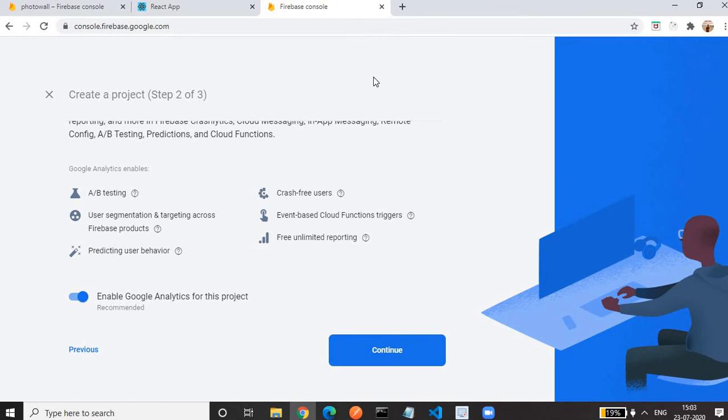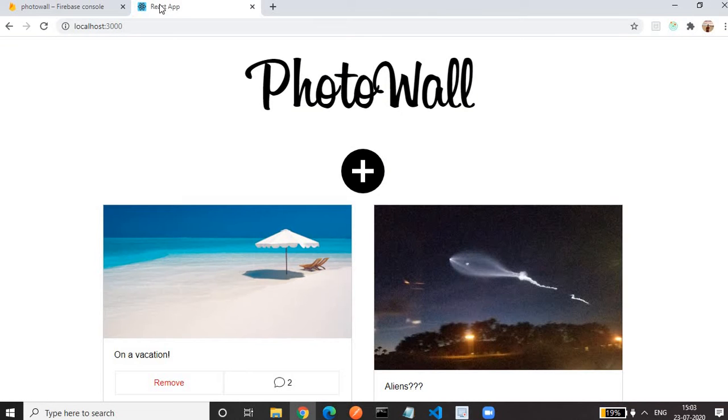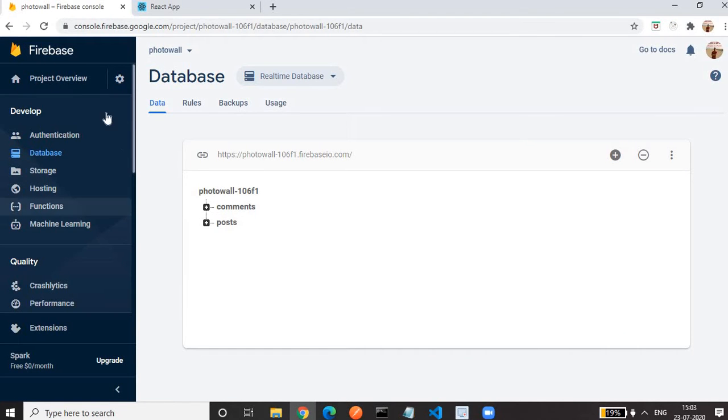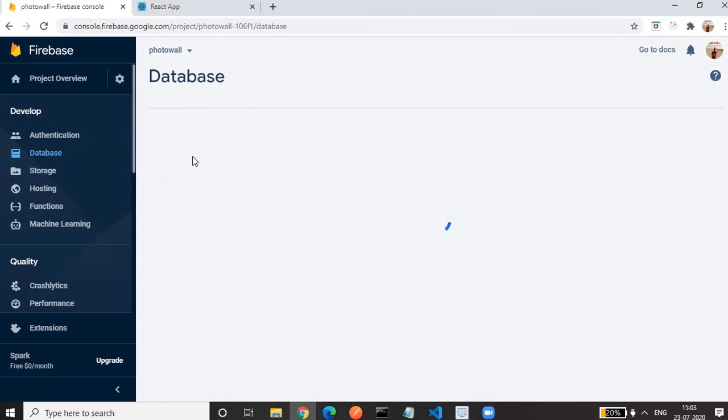After this you will get a dashboard of Firebase. The dashboard is just like this. Let me close this. You will get this kind of dashboard where you will get authentication, database, and other features also. Our main concern is with the database. We won't learn authentication here. We learn how we can connect our application to the Firebase database. If I click on the database, this is my database.